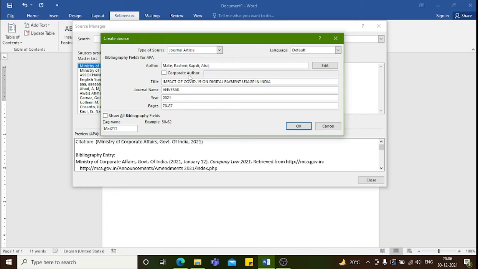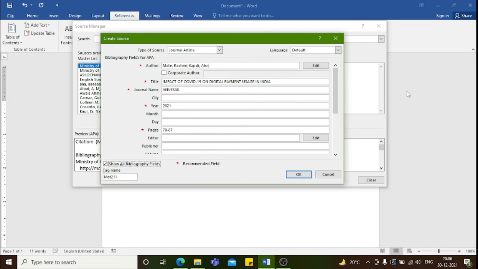So these are the compulsory fields, the mandatory fields that we must fill up for creating the reference. However, apart from that there are many more fields that can be added over here, like volume, issue number, and also the URL, which is very important these days as we refer to these resources many times in online mode.